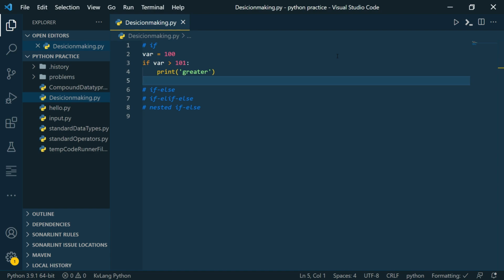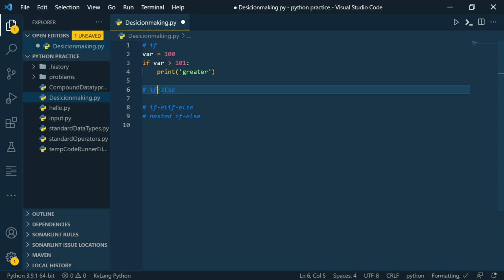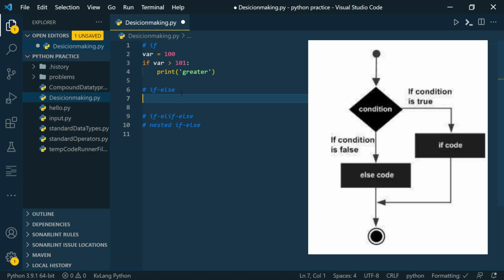We have just seen our short, sweet and simple Python program decide based on a single condition. Now we will try to give two conditions. That is, we will give an if condition, and if that condition is false, then we will tell it to execute an else block. Let's see it in practice. It also has a really simple flow. We have two conditions. We will tell the program to check a condition. If that is true, execute a certain code block, and if it is not true, then execute the second code block which is written under the else block.